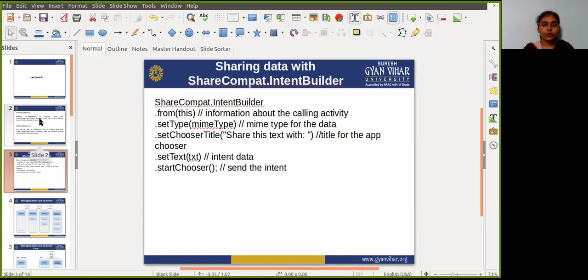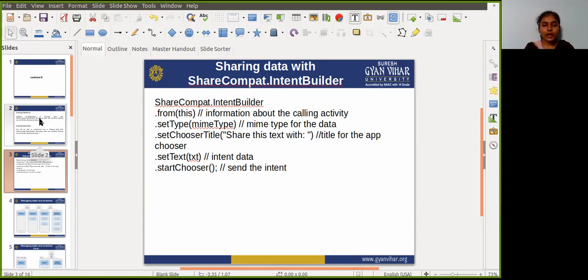Although you can build a share action in your own app using an implicit intent with a send action, Android provides the ShareCompat.IntentBuilder helper class to easily implement sharing in the app. So for apps that target Android versions after API 14, we can use the ShareActionProvider class for the share action instead of ShareCompat.IntentBuilder.